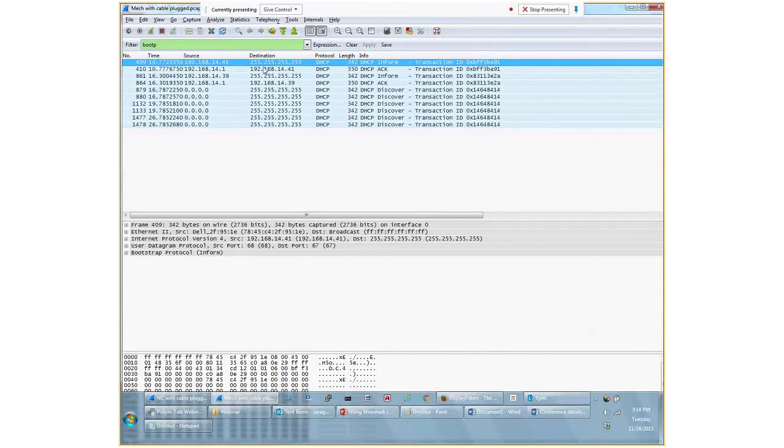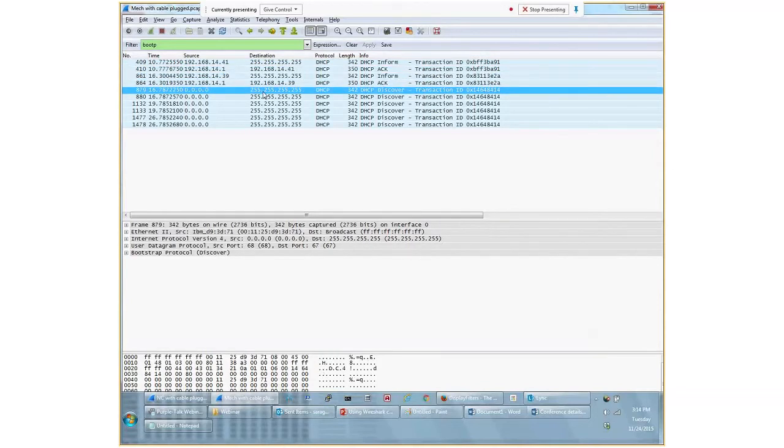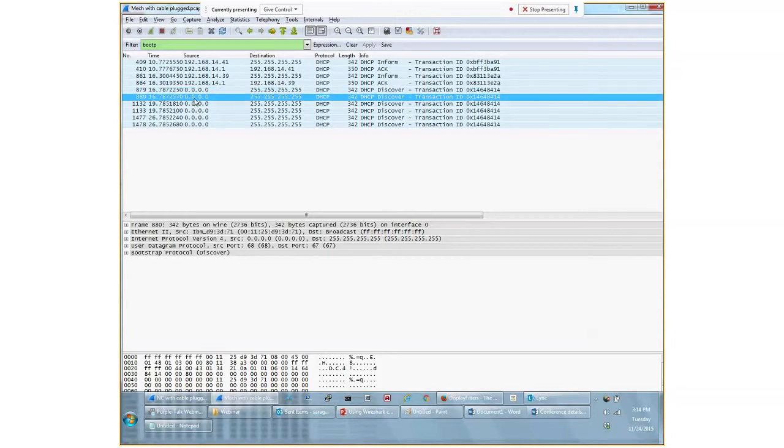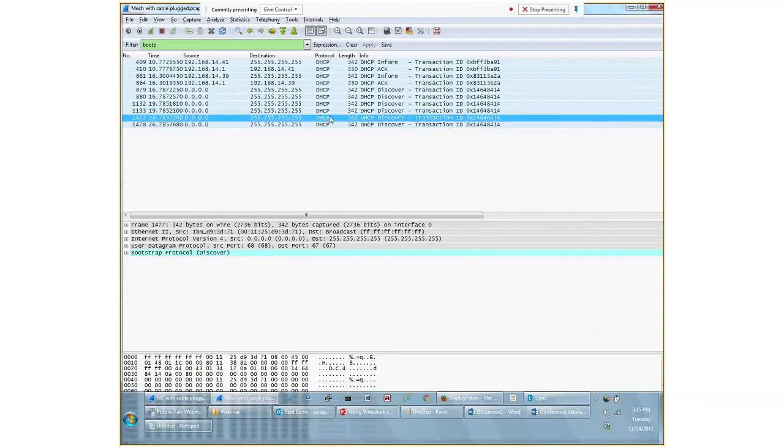This is a different packet, so don't get confused with this inform, but this is actually the transaction that I'm looking for. If you look here, for one of the clients, I also had two ports mirrored: the port where the client was connected and the uplink port. You will see two discover packets ingressing and egressing the switch. Similarly, after some time it waits and sends two more packets. All these are discover packets, but I don't see any offer packets. Unless the client receives an offer packet, it is not going to send back a request.